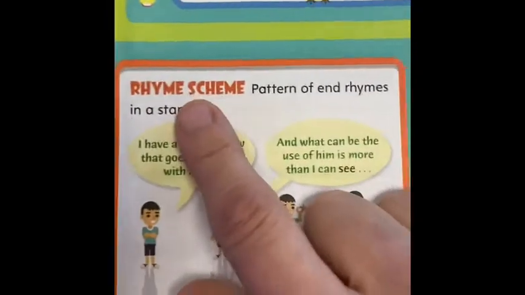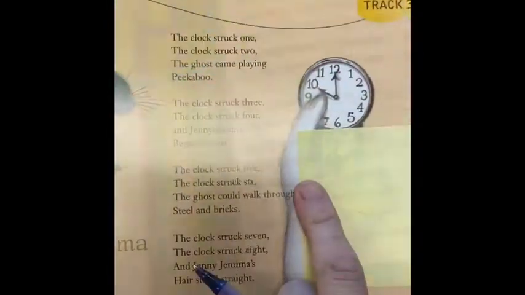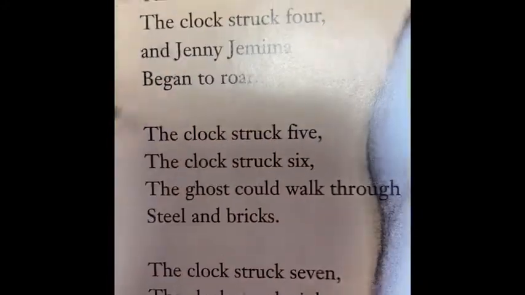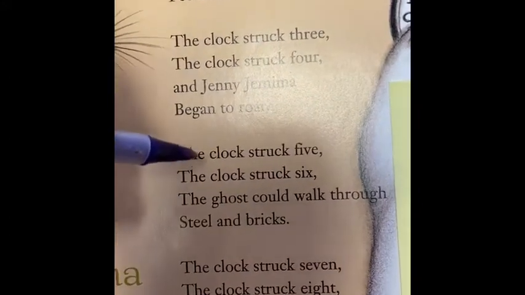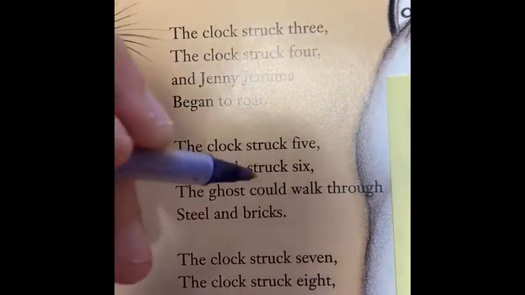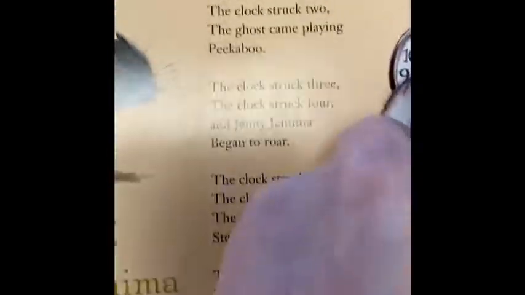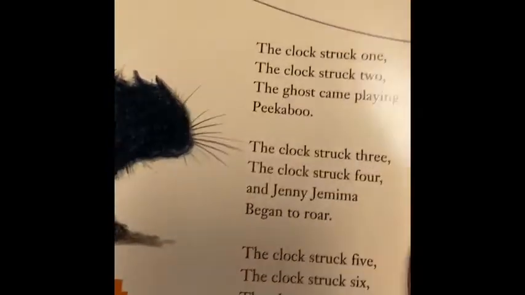You should also know about rhyme scheme. Those are the patterns of end rhymes in a stanza. Ghost and Jenny Jemima, since it's kind of Halloween-y, we'll go to the third stanza. The clock struck 5, the clock struck 6, the ghost could walk through steel and bricks. So we mark rhyme scheme with letters, always beginning with A